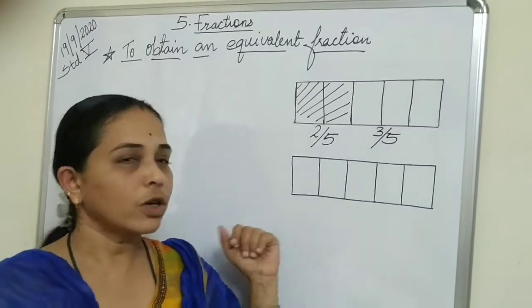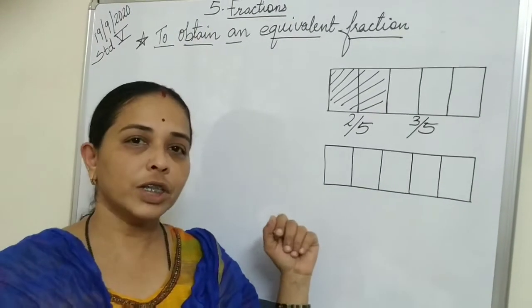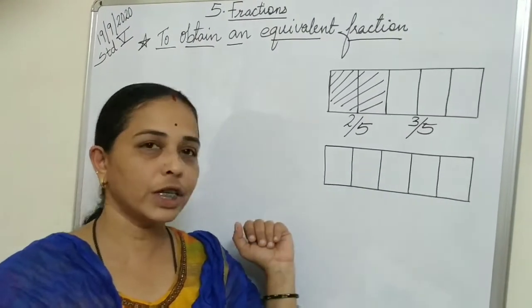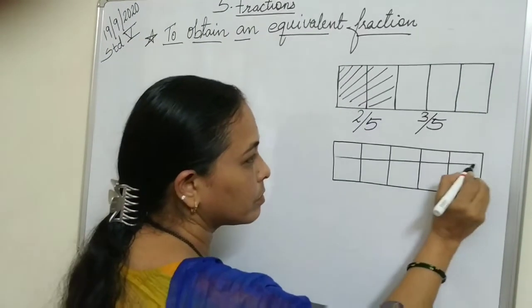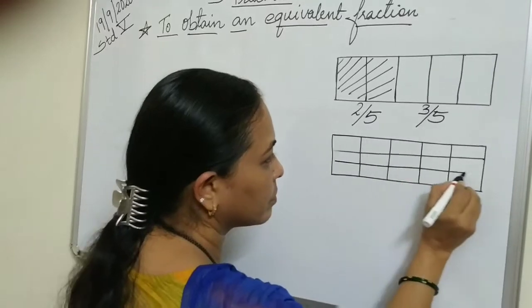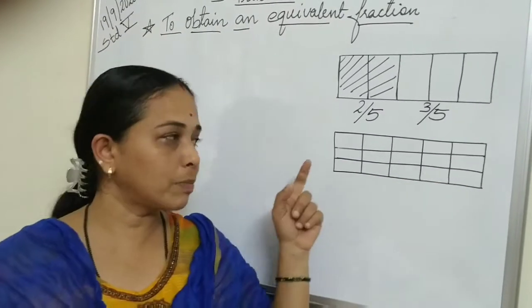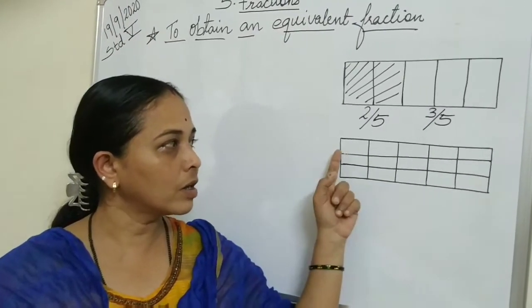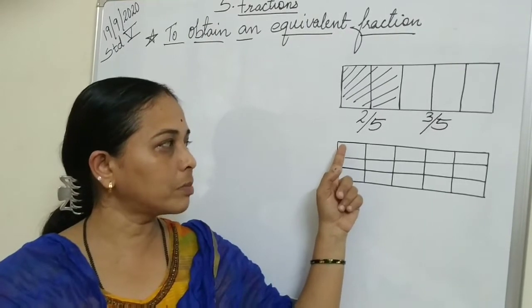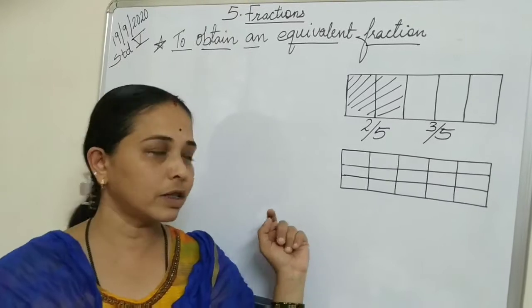Your sister was also having this Cadbury bar, but she had friends at home. So what she did, she made parts of this bar. She has cut the bar into, again see how many pieces. Count the number of pieces now. That means 1, 2, 3 and this 5. That means 15 pieces she has made.